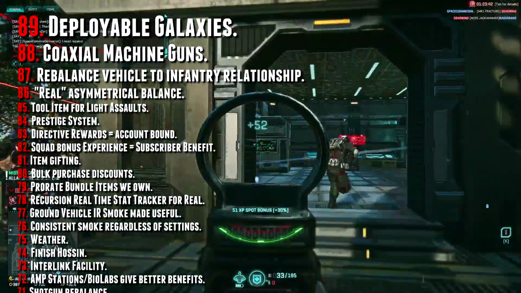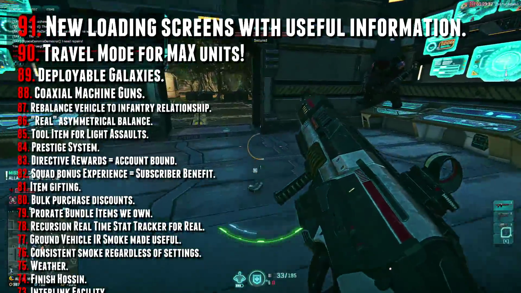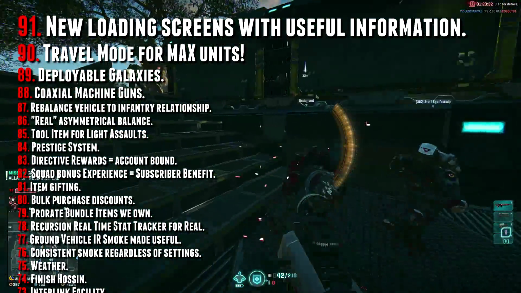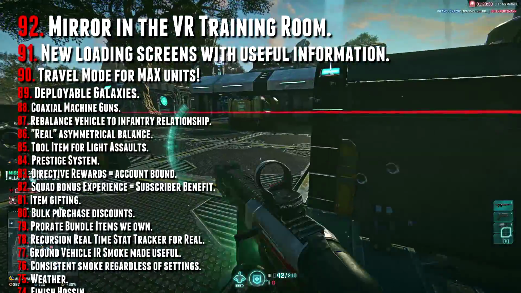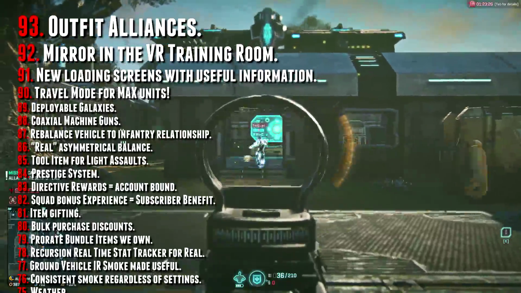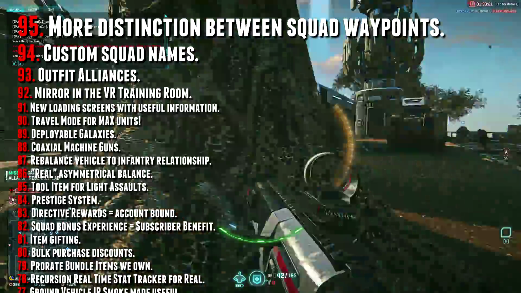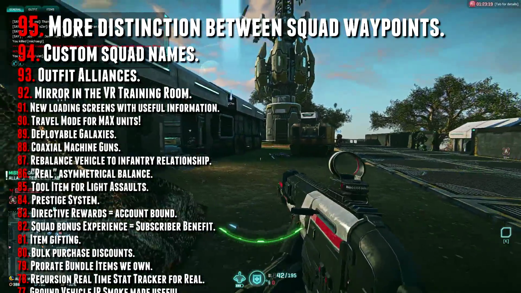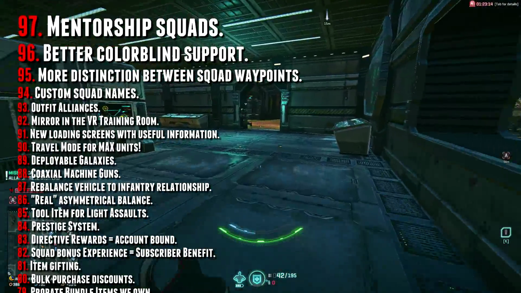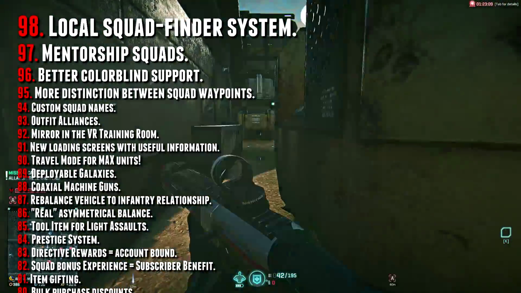Deployable galaxies like the old days, max units passively getting a travel mode like in PlanetSide 1, new loading screens with more useful information like you see on the PS4 version of Planetside, a mirror in the VR training room so that we can check out our sexy cosmetic bodies, outfit alliances with their own chat and voice channels, the ability to name our squads, squad waypoint icons that look more distinct from one another outside of colors, more support for colorblind players, mentorship squads that automatically induct low battle ranking players,